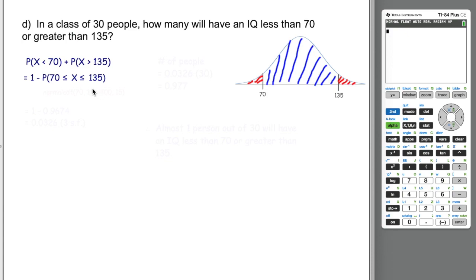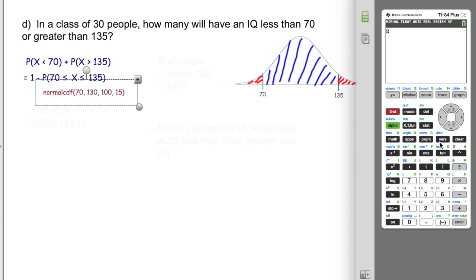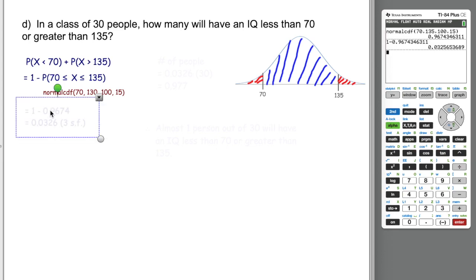So what does that look like on the GC? So second function, distribution, number 2 for CDF. So lower end 70, upper end is 135, and then IQ score 100 mean, standard deviation is 15. Okay, so let's go all the way down. And I get 0.967-ish. And then if I subtract this number from 1, I get